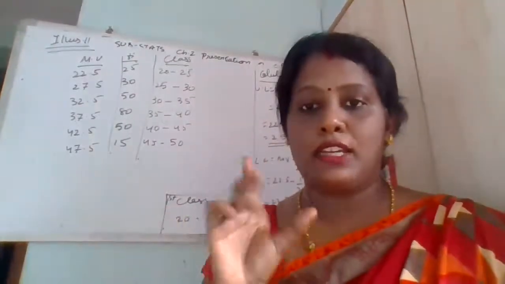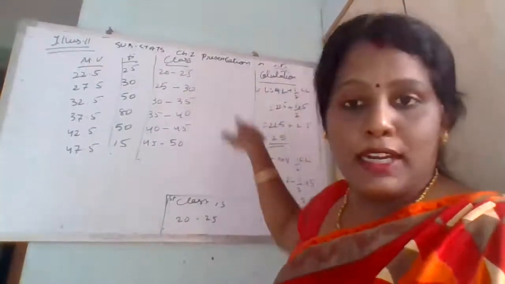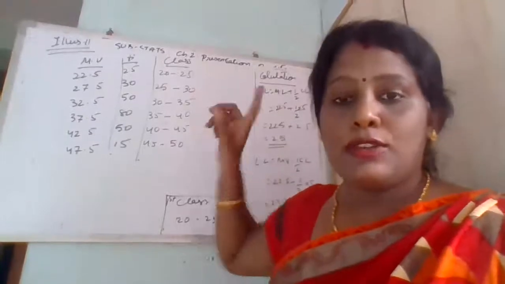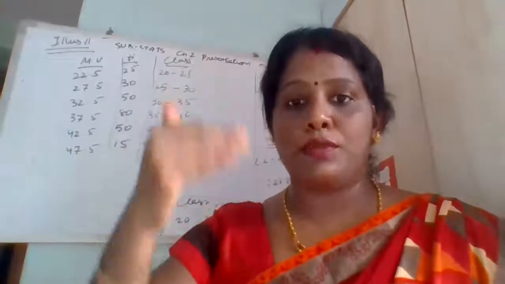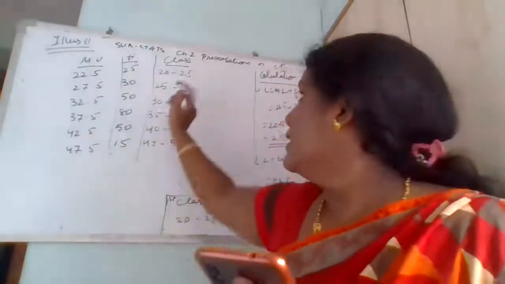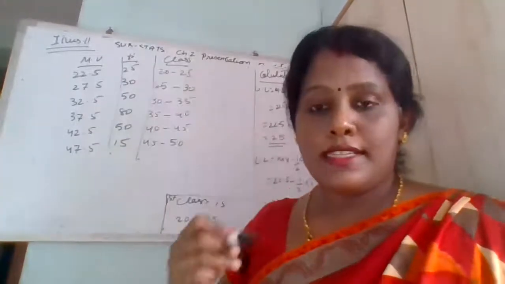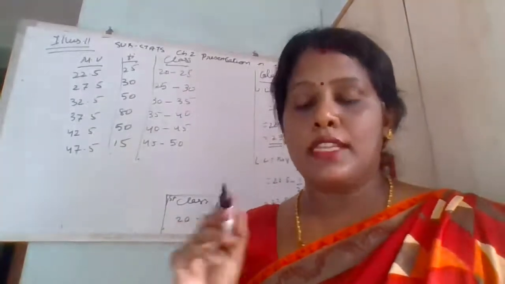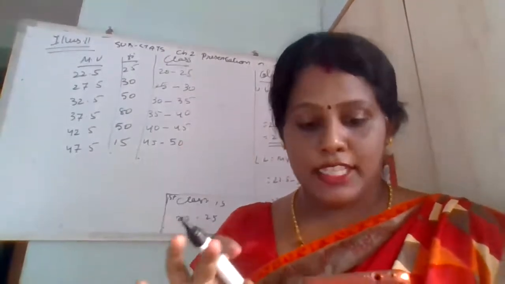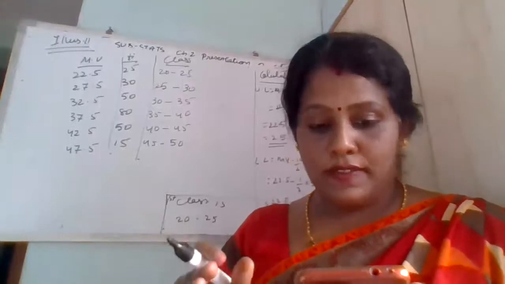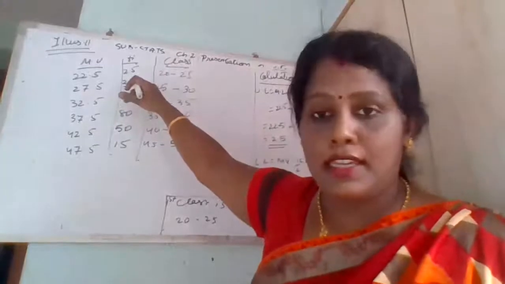First class हमें मिला है 20 to 25. First class, right? तो ये बार बार ये कैलकुलेशन नहीं करना है, ठीक है, क्योंकि क्लास लेंथ ऑलरेडी दिया है, class length is already given, so we have to add only, simply we have to add here 20 to 25, then this 25 comes over here, है ना? It is an exclusive class.